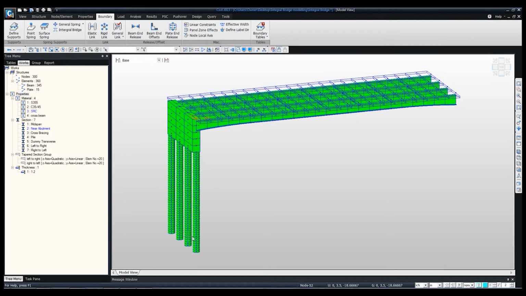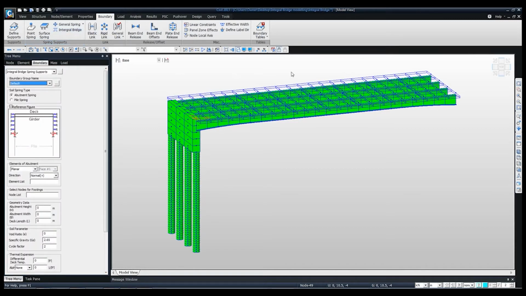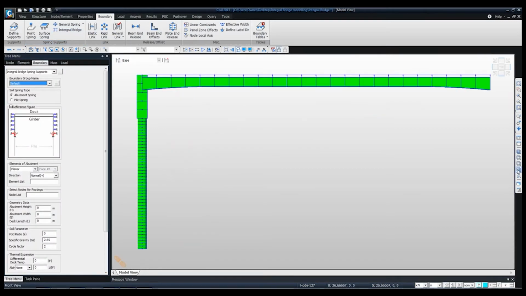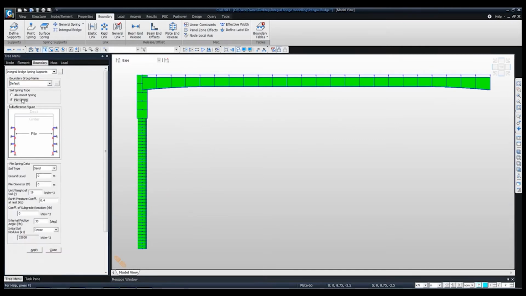So the springs that we define for the piles will be non-linear springs as well as linear springs. So to define a support or a spring, we go to integral bridge option, click on integral bridge. Okay. Select the pile spring option, select all the pile nodes,